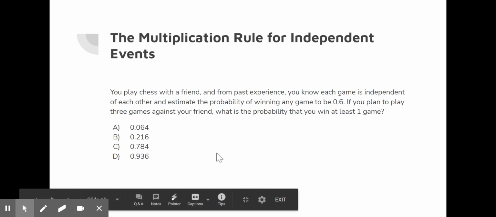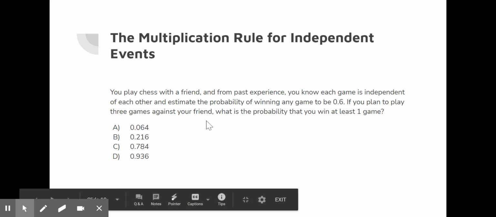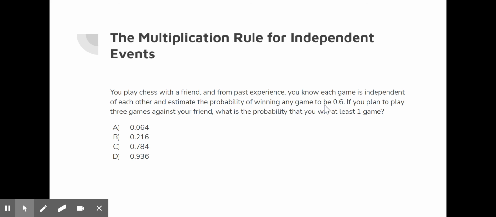Okay, next, you play chess with a friend, and from past experience, you know each game is independent of each other, and estimate the probability of winning any game to be 0.6. If you plan to play 3 games against your friend, what's the probability that you win at least one? That you win at least one of the games. So